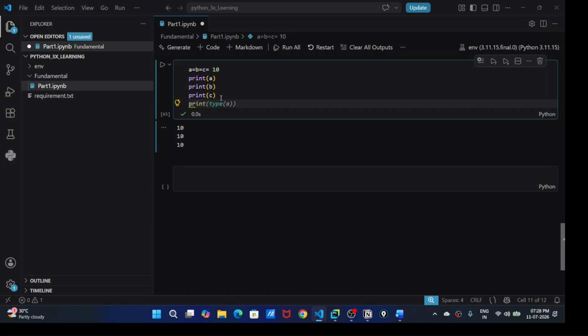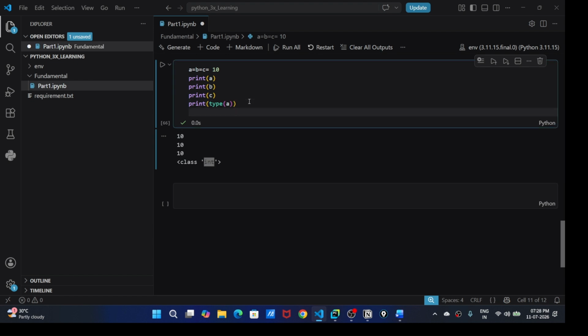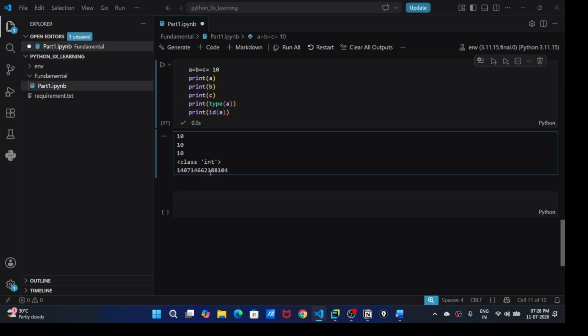Let's see print type of a. What is the type? It's called a class, so the int class basically. If you want to see the memory location, print id of a. So this is the memory location.